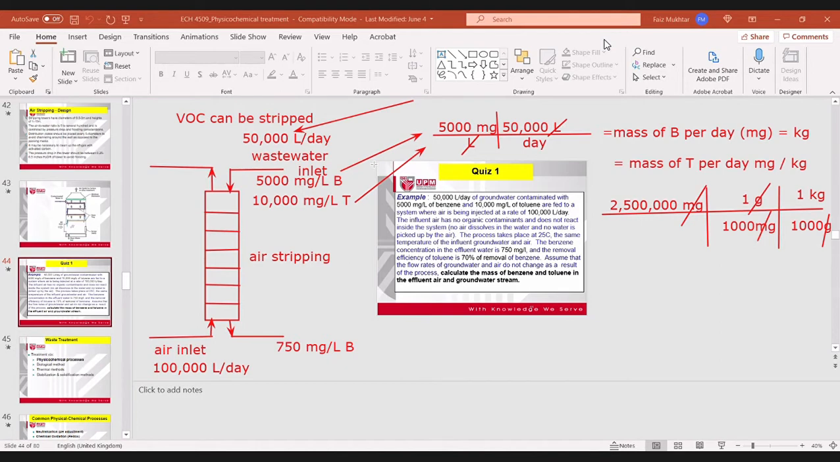Now, the first thing is they already give you 750 at the bottom here. So actually, this is already solved half of the thing. Now, if this is 750, pretty much the removal efficiency of benzene